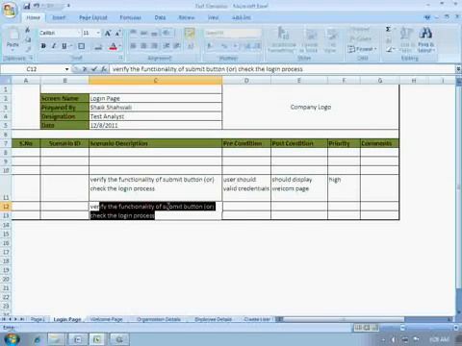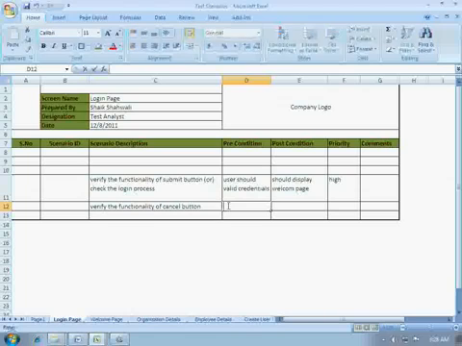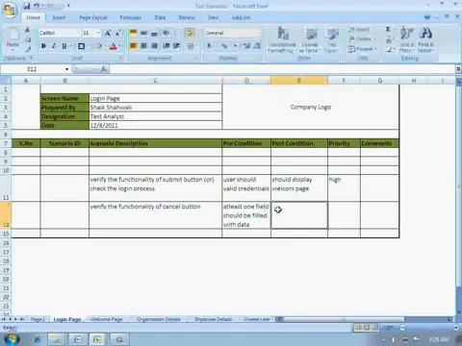Verify the functionality of cancel button. Now here precondition would be nothing actually, or at least, let's say, at least one field should be filled with data. So now the post condition is: should refresh the page. Priority,